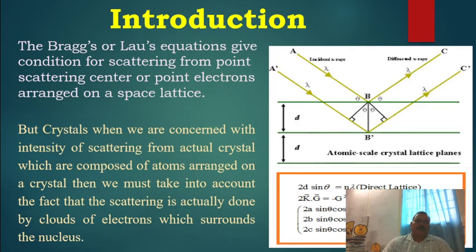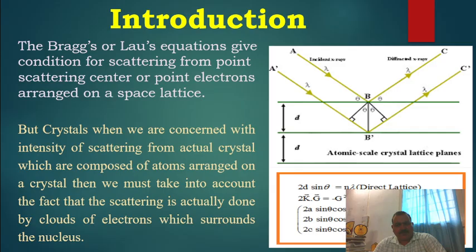So dear students, Bragg's and Laue's equations that we have already studied in previous classes: 2d sin theta equals n lambda for the direct lattice, 2k dot G minus G squared for the reciprocal lattice case, and Laue's equations are 2a sin theta cos alpha equals n lambda, 2b sin theta cos beta equals l lambda, and 2c sin theta cos gamma equals l lambda. These are Laue's equations. So Bragg considers that there is a reflection by the planes inside the